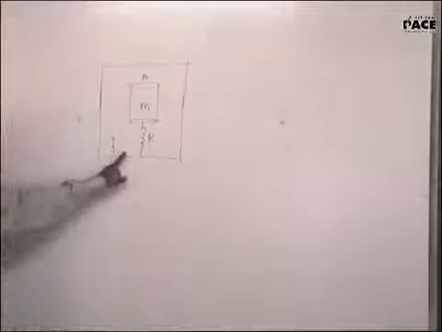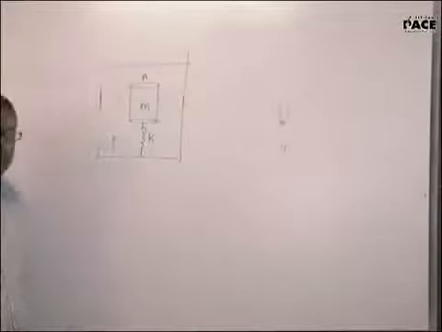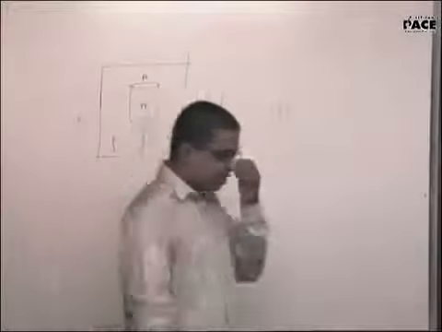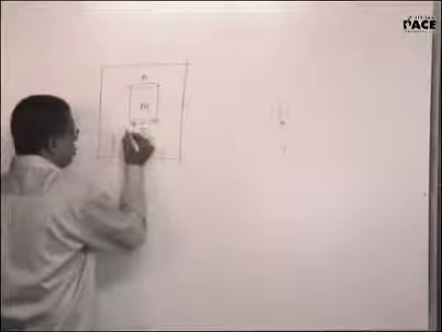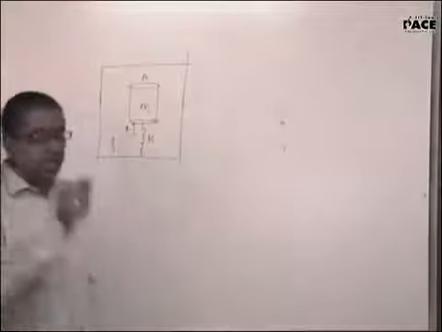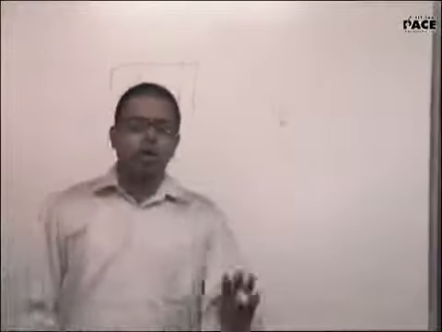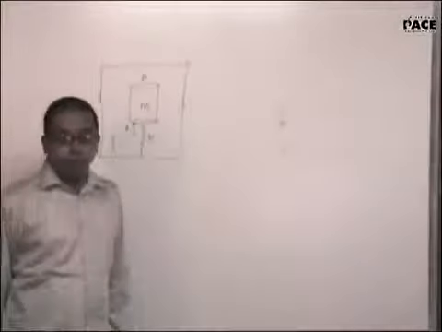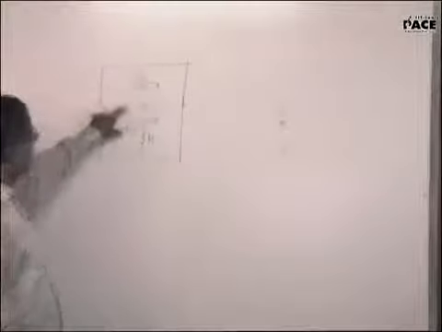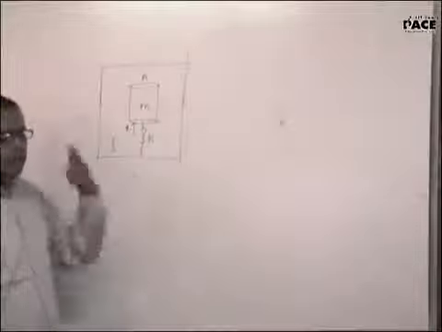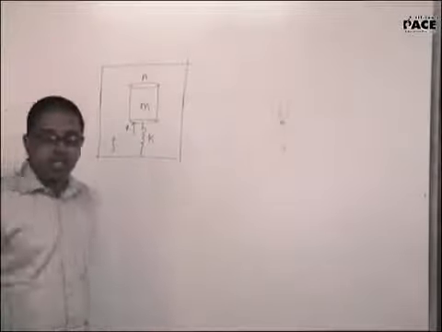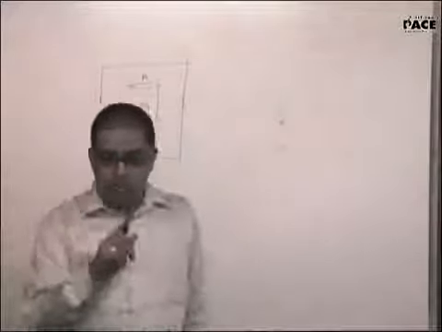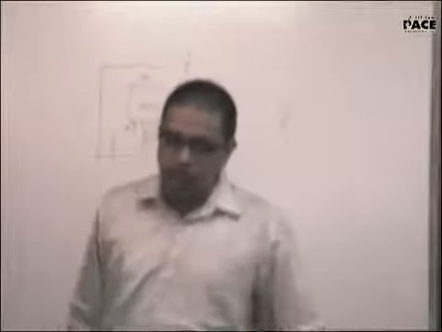Density of the liquid is rho. This is a spring. Find the time period of this oscillation. You are committing a mistake here. When this goes down by a distance of x, additional buoyancy is 0. Whatever is the buoyancy here, it will be the same. Volume of the liquid displaced is the same. There is no additional buoyancy. Buoyancy is constant. Constant force will not contribute to an SHM.